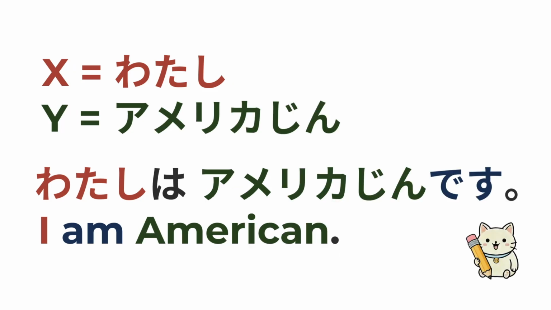Finally, let's look at how to say your nationality. For example, American in Japanese is アメリカ人. Let's say it together. 私はアメリカ人です。